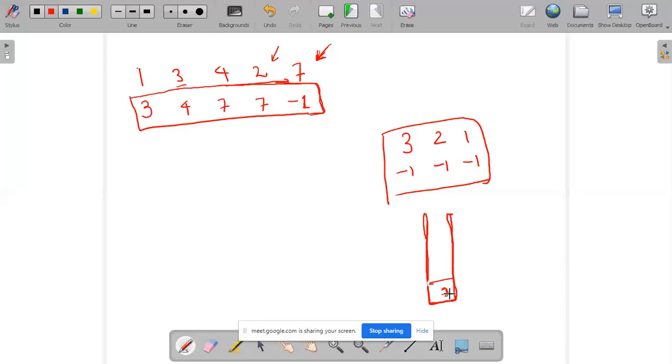It's greater, right? If it is greater, don't pop it out, just keep it and write the element that is there. So I'll write 7. Then I'll add 2 into the stack.